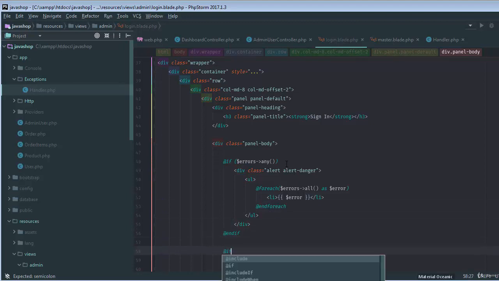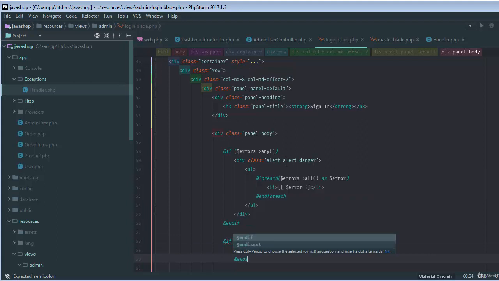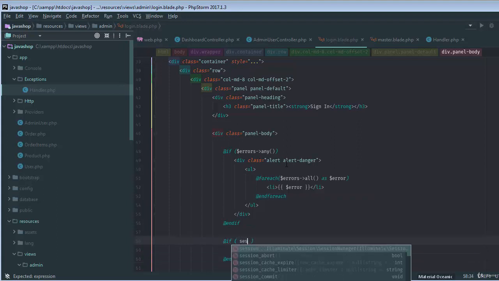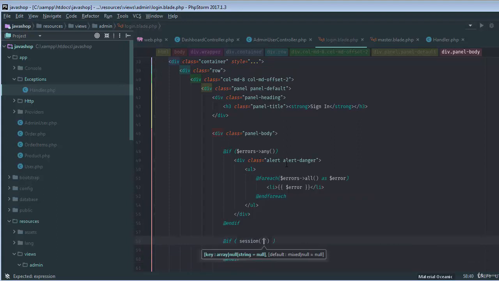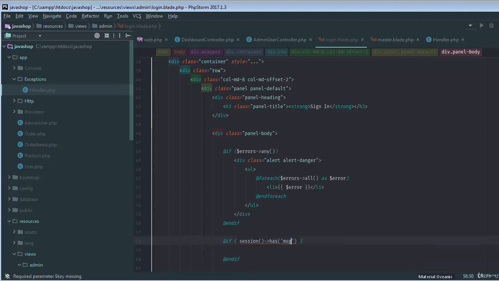And simply if you just go to our login, and then if I just say if session has any message, for example, if session has message, then alert inside our class alert, success alert basically. We just need a session get the message if there is. Okay,